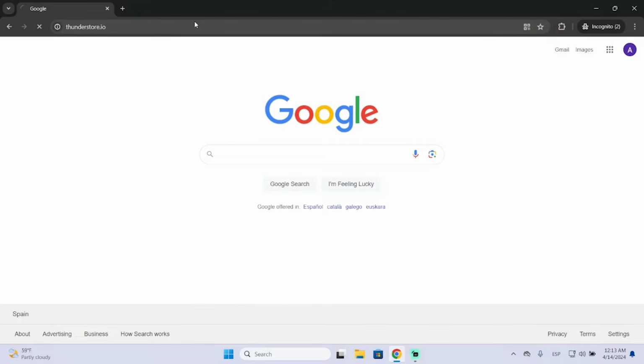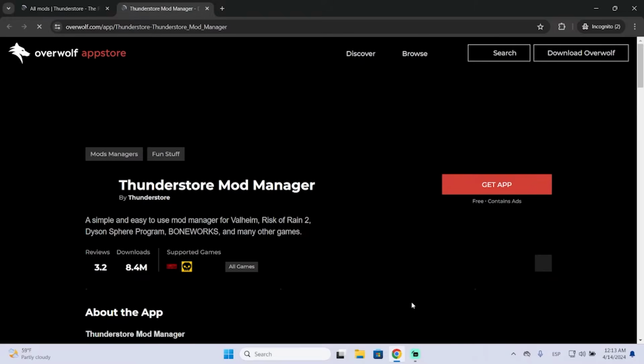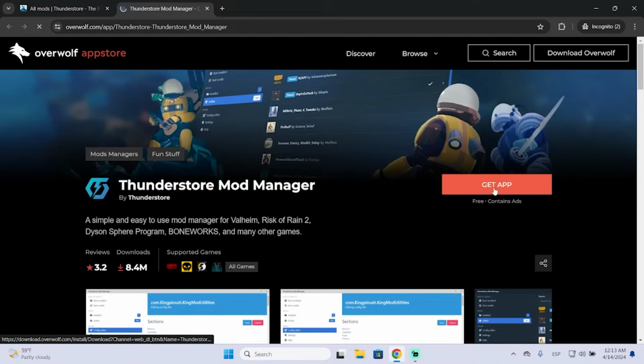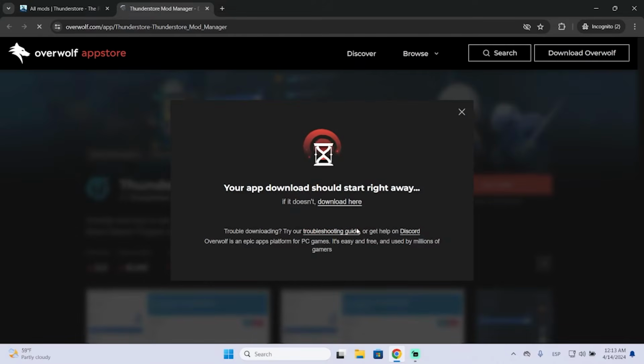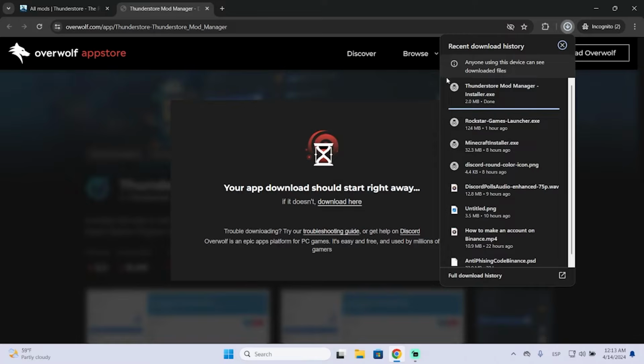The first thing you're gonna do is go to thunderstore.io, and here you need to get the Thunderstore app. So just click this button and get the app. Now you need to open the file you just downloaded,